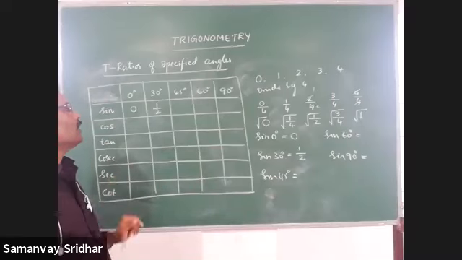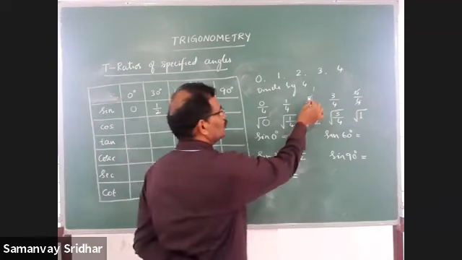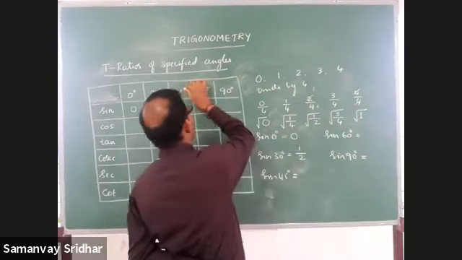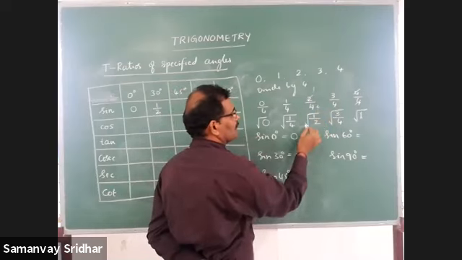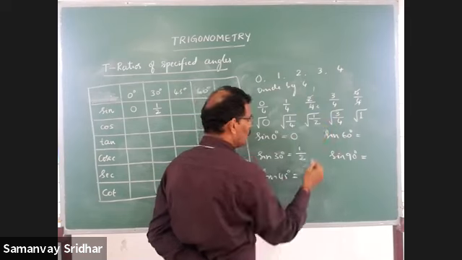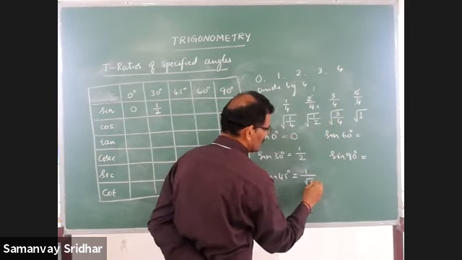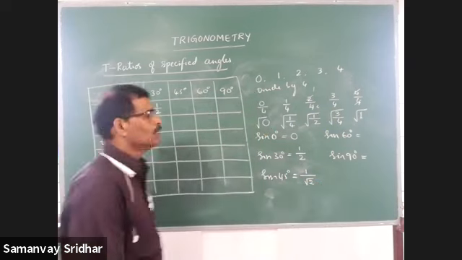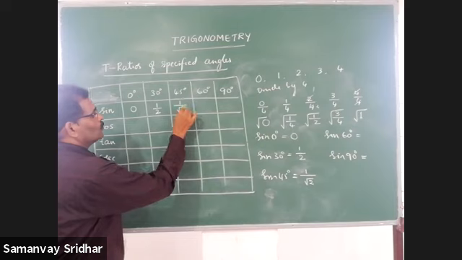Sine 0 degree is 0. The value of sine 30 degree is what? 1 by 2. Right. Come for the third one. 2 by 4. It is for sine 45 degree. 2 ones are 2, 2 twos are 4. 1 by 2 we got. Take the square root of that. What is the square root of 1? 1. What is the square root of 2? That is root 2 itself. It is not a perfect square number. Therefore, the sine 45 degree is always what? 1 by root 2.